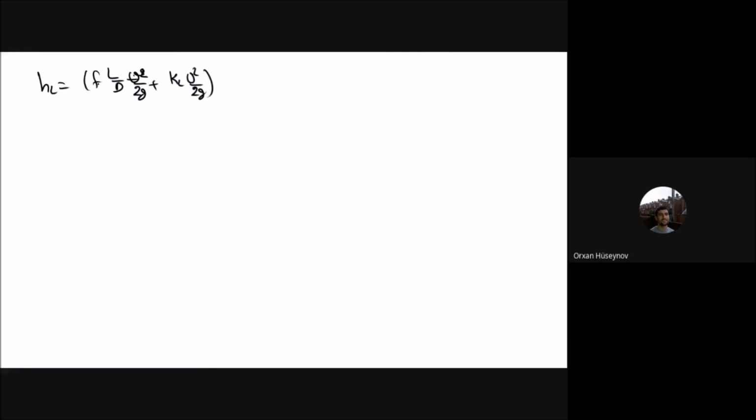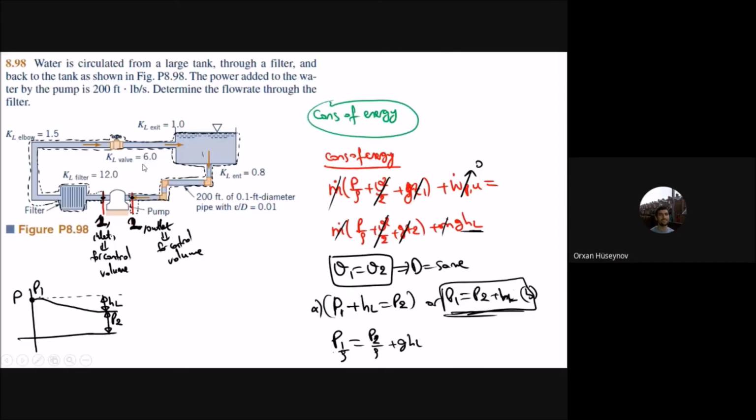Okay. And to find the f value, I will need the Reynolds number. The Reynolds number is rho times velocity times diameter by mu. And then let me see how much time I have. Let's stop it here. Next lecture I will continue from this example and find